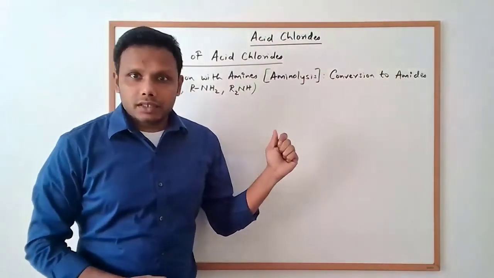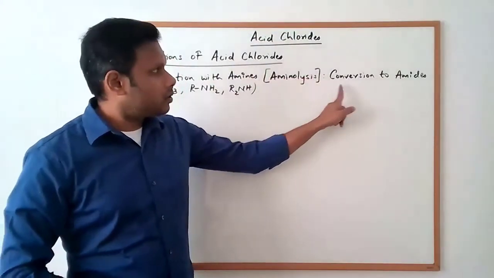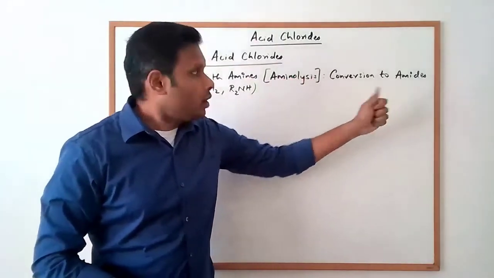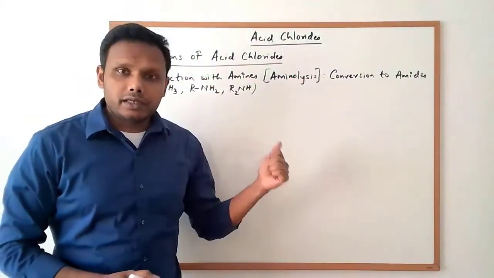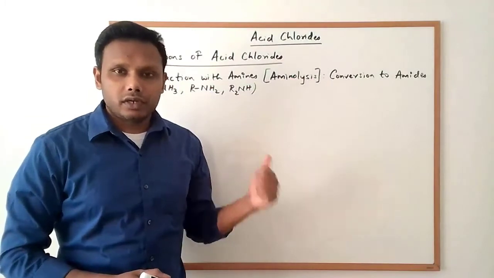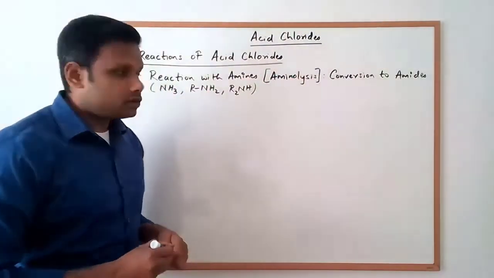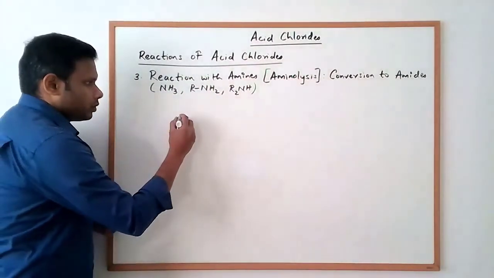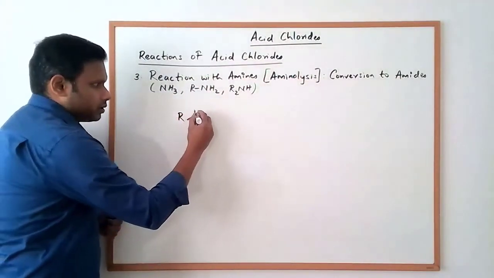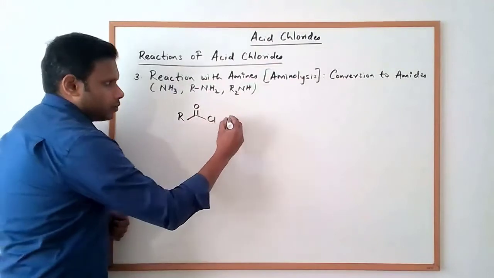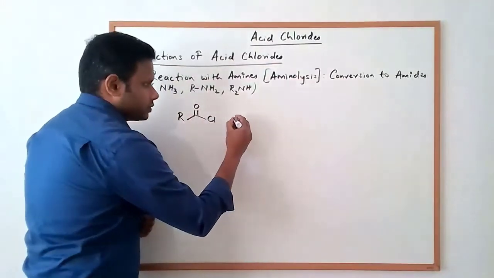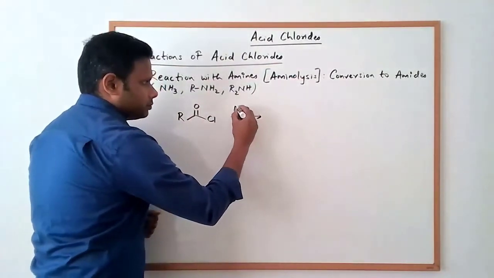And what this reaction does is it converts acid chlorides into amides, or this can be viewed as a synthesis of amide from an acid chloride. So let's write down the general equation here. So when an acid chloride reacts with, let's say if we use ammonia as an example,